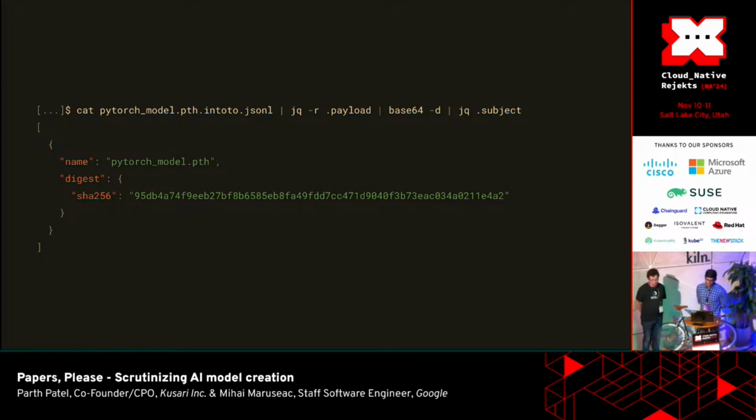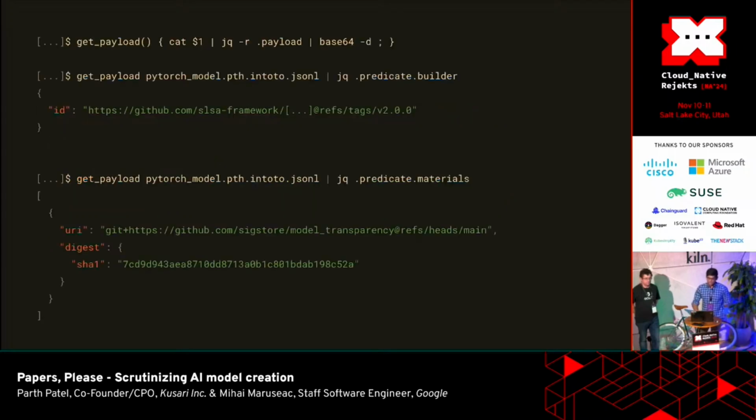Yeah, so the SLSA statement starts off like, if you've seen traditional SLSA statements, they're usually describing software artifacts, right? So how was it built? Where did it come from? What are the materials that went into it? So we can apply the same kind of methodology for an AI model also. You can see here, for this PyTorch model, you have the specific hash, which describes the actual object itself. It's the subject of the SLSA attestation.